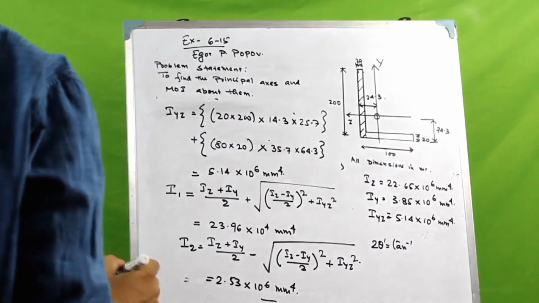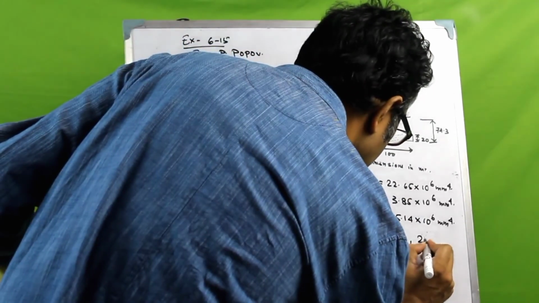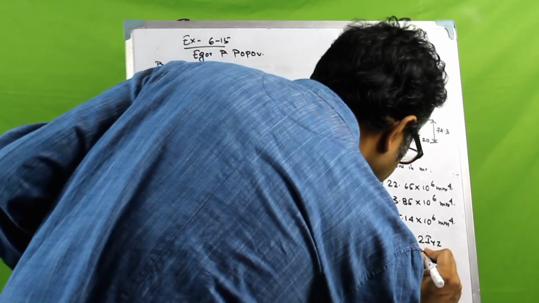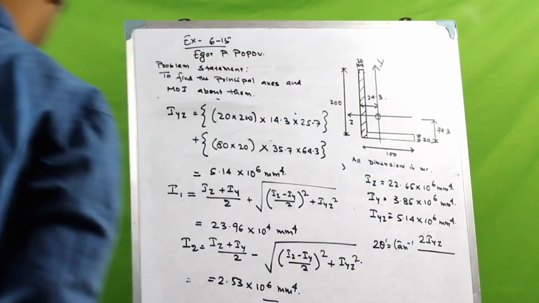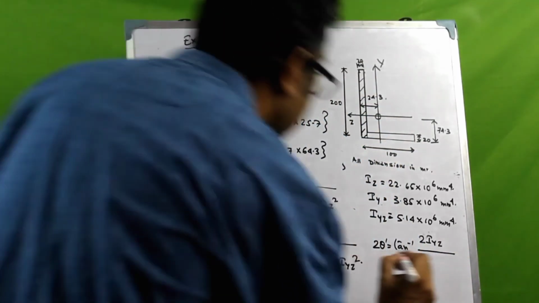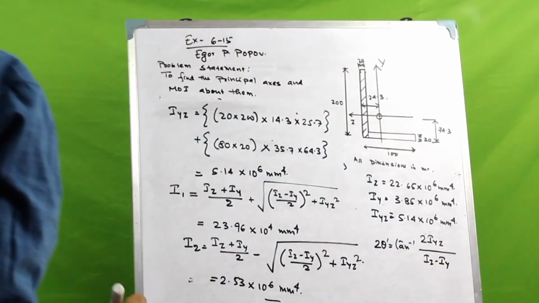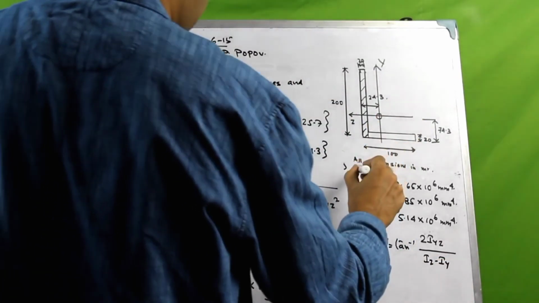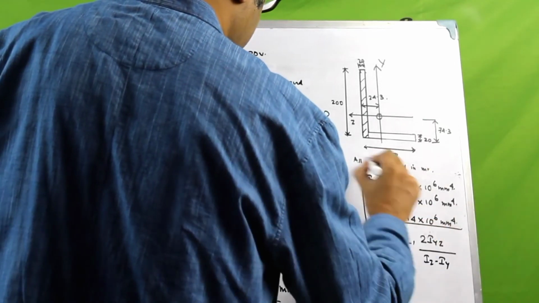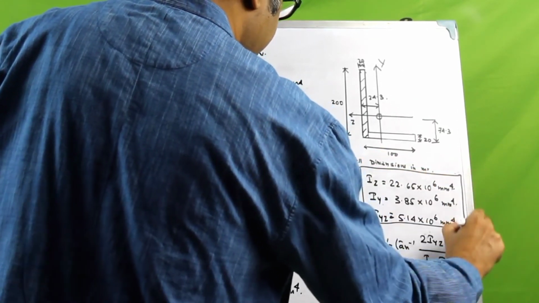Tan inverse of 2Iyz by Iz minus Iy. That's all that, and we substitute these values from here for all the values that we have derived for the geometric section,